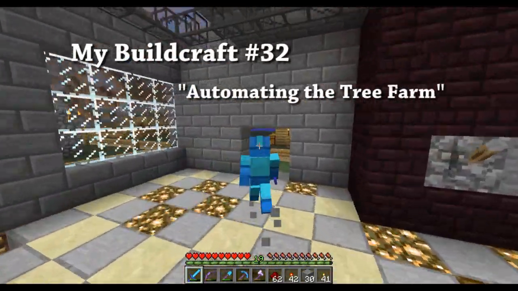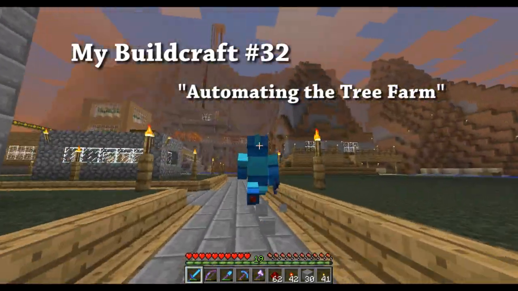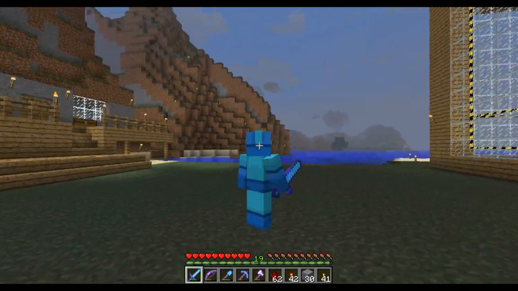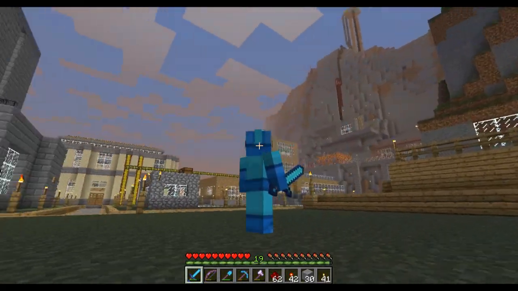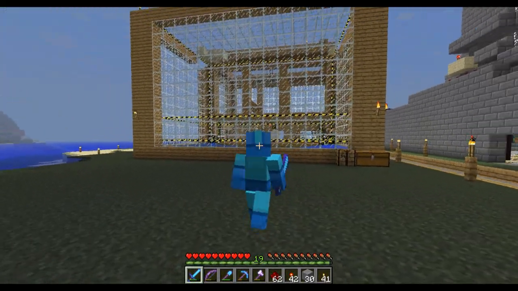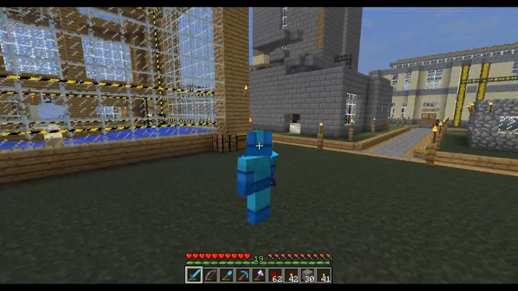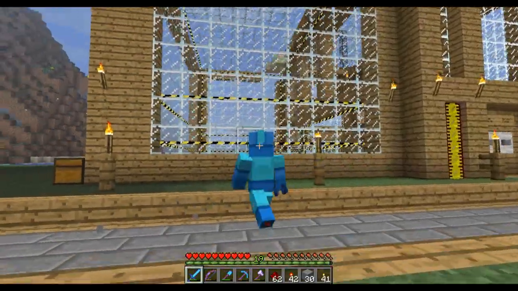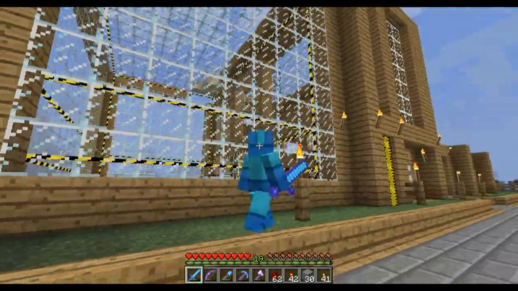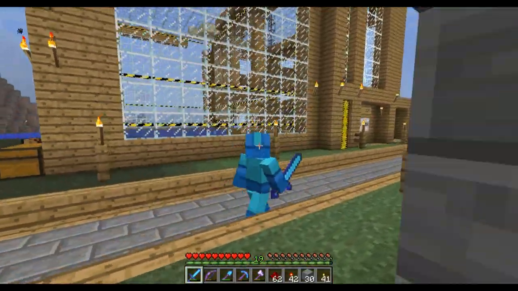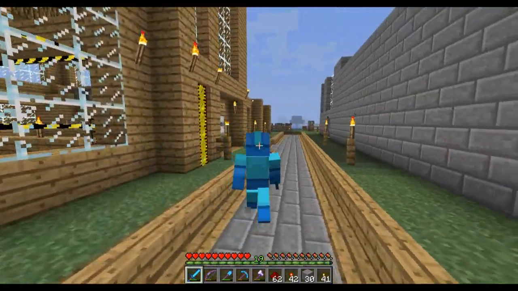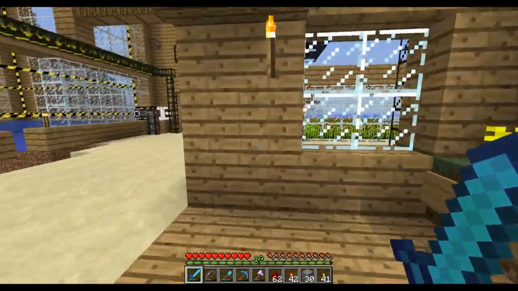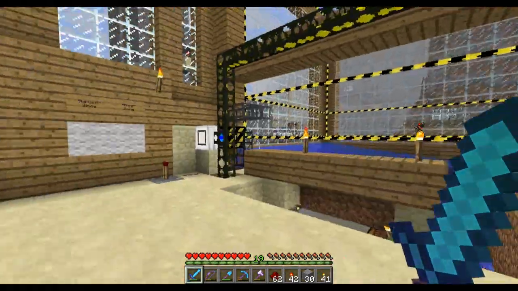Another special video for you guys, and we are going to be working on the tree farm again. Just wanted to see this brand new day in Minecraft. Lovely. But we're going to be working on this tree farm again right here. If you recall from last time, we actually revamped this so that instead of using my 3 builders and 1 filler, we only need to use 1 filler and 1 builder.